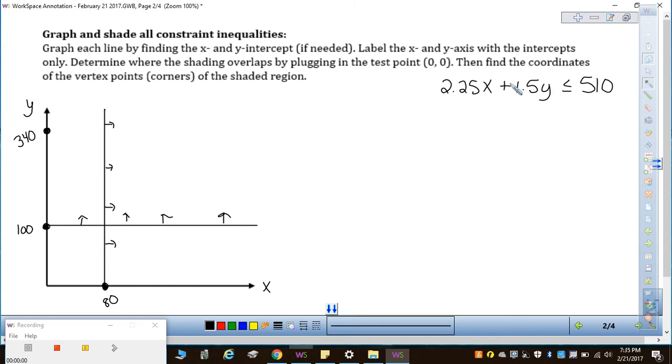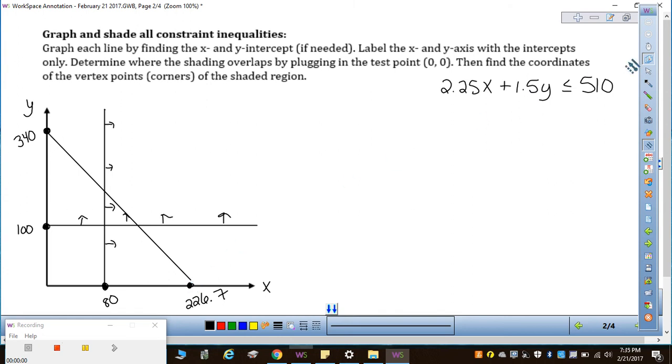Similarly, we could cover up the 1.5y and solve the equation 2.25x equals 510. If we divide both sides by 2.25, 510 divided by 2.25 is 226.7. That will be the x-intercept. We'll go ahead and draw a line